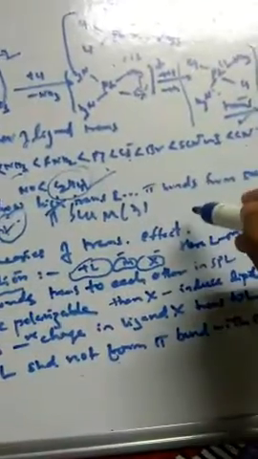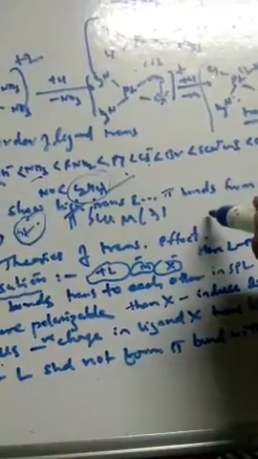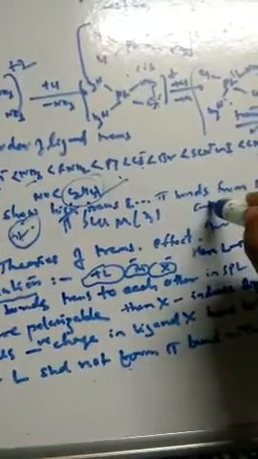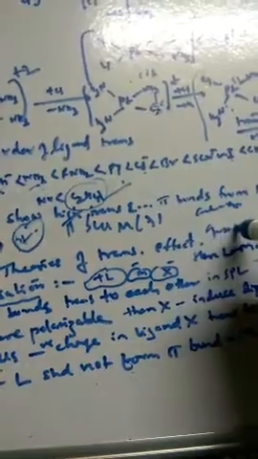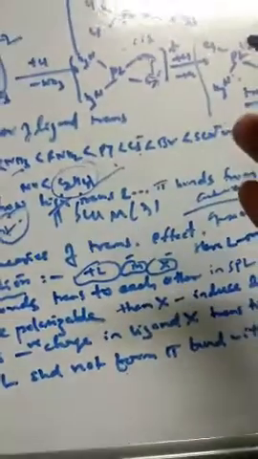Now to understand why this shows the trans effect, there are certain theories. Out of these theories, the first I have taken is polarization. Any effect which destabilizes or stabilizes the ground state or the activated complex will show the trans effect. So any factor that changes the stability of the ground state or the stability of the activated complex would contribute to the trans effect shown by the ligand.